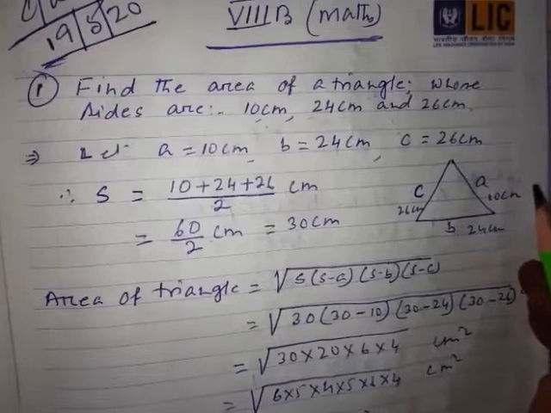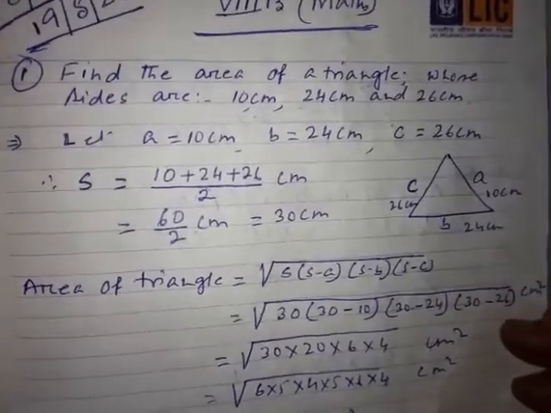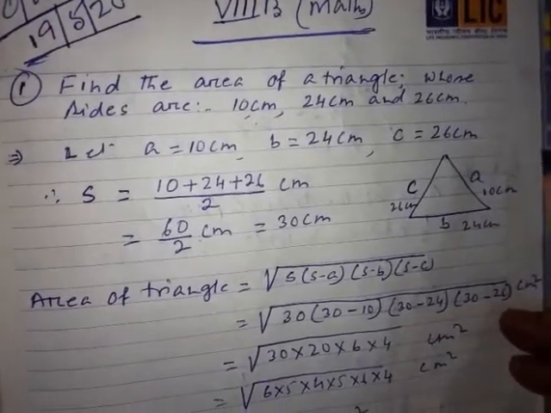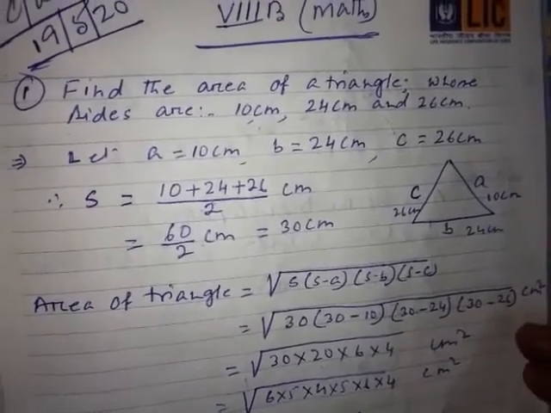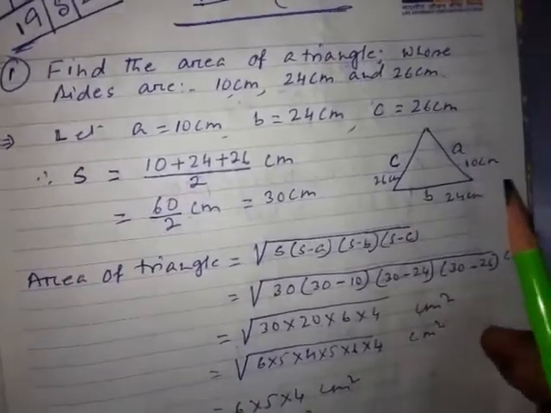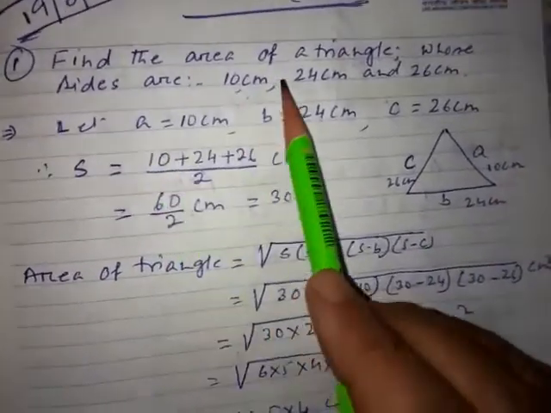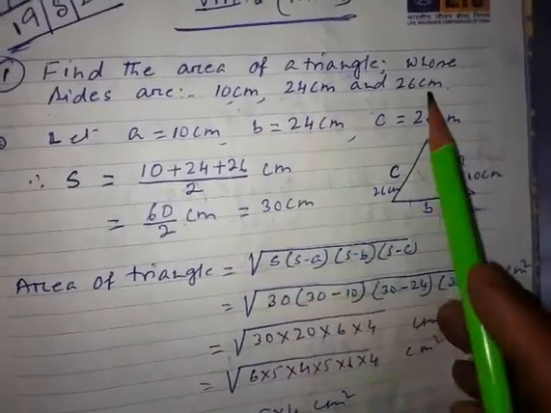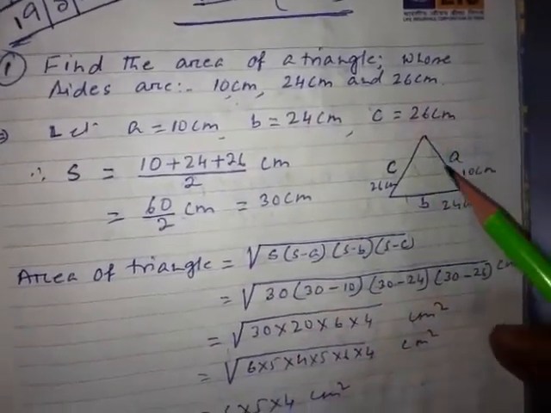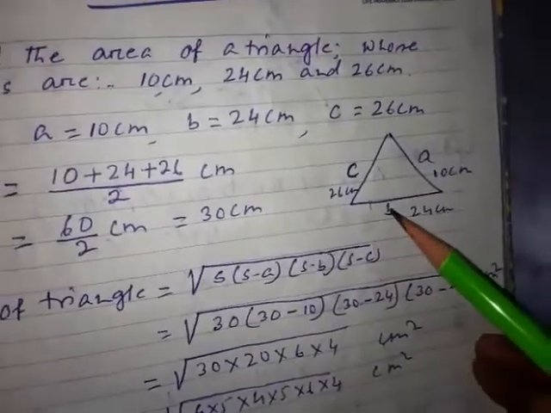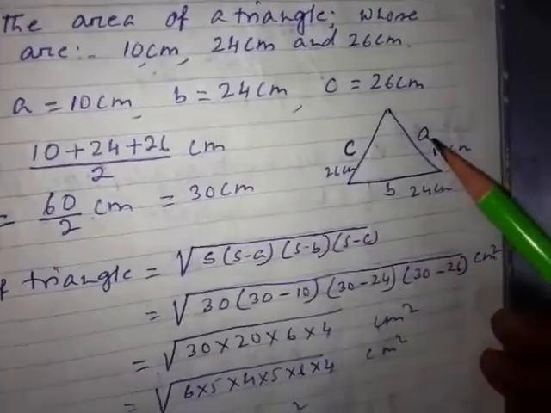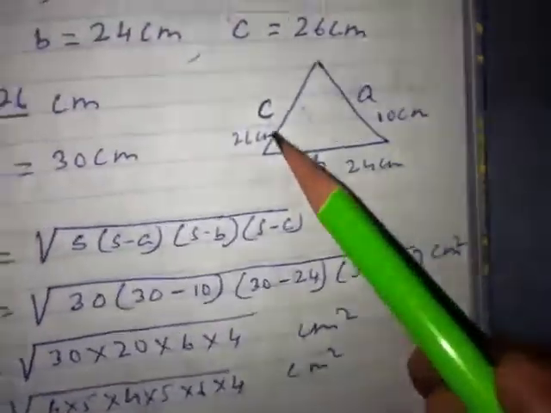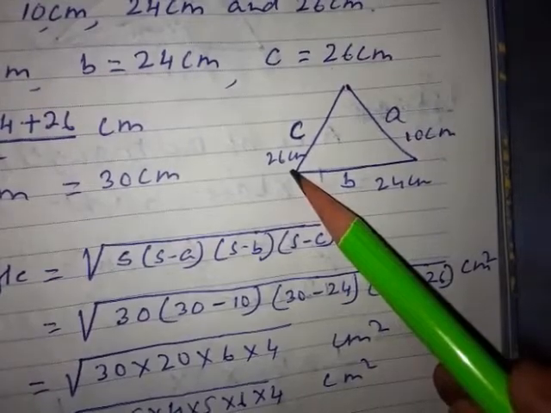Okay, so today I am going to discuss some problems based on the formula discussed with you yesterday, and the details of it have already been discussed, and I hope it is clear to you. So the first problem of today: find the area of a triangle whose sides are 10 centimeter, 24 centimeter, and 26 centimeter. So this is a triangle, his three sides are there. One side, A, I have given the name A, that is 10 centimeter. B I have taken as 24 centimeter. C I have taken as 26 centimeter.